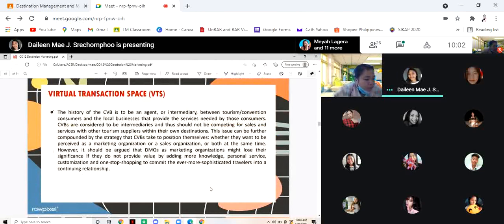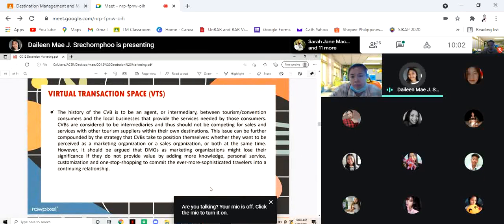Tapos, the history of CVB is to be an agent or intermediary between tourism and/or conventional consumers and local businesses that provide the services needed by those consumers. CVBs are considered to be intermediaries and thus should not be competing for sales and services with other tourism suppliers